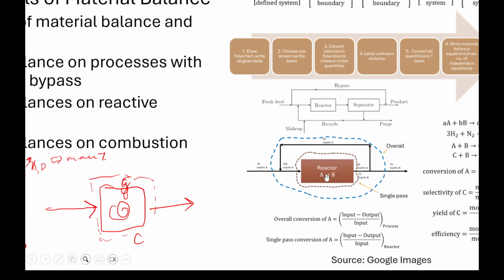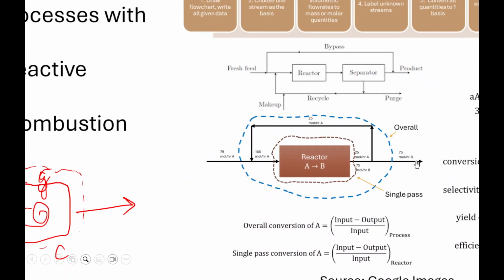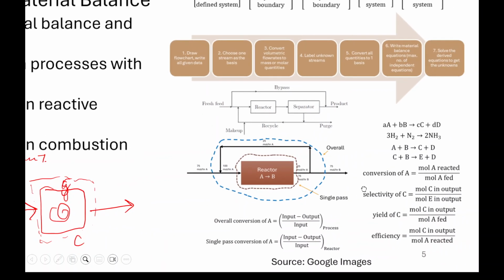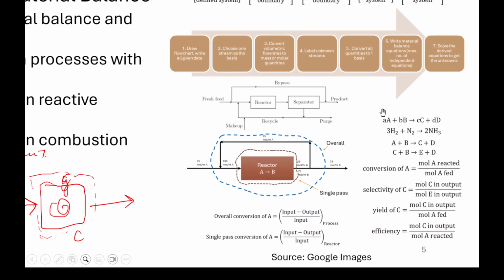If the reaction is A giving B, there is 100% conversion overall, and the single pass conversion may be different, because 100 minus 25 upon 100 is 75%. So 75% in terms of single pass conversion and 100% in terms of overall conversion. Then, if there is a system of reactions, suppose this is the reaction giving